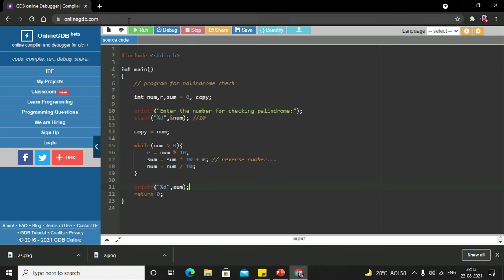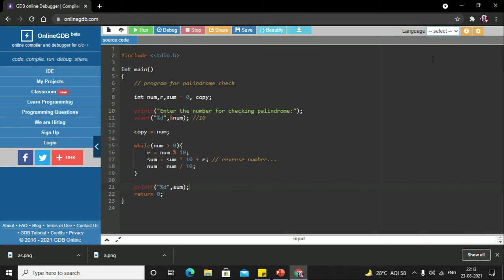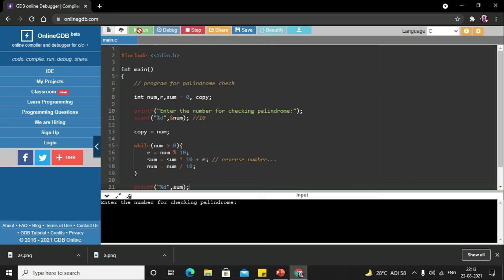Okay, now I'll run the program just for the testing purpose. My program is not yet complete here, but you have to make the habit. If you are going to write anything, just don't write full code. Just write in parts and then check it. So I'll go for 10. So see, okay, I'll run once again.